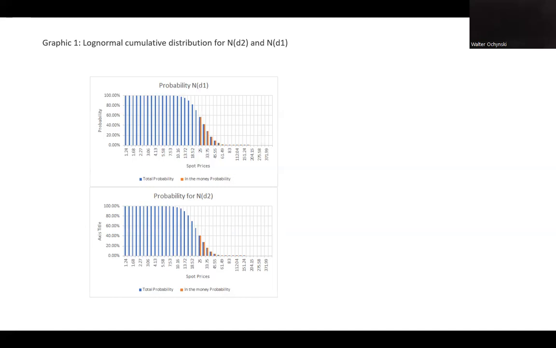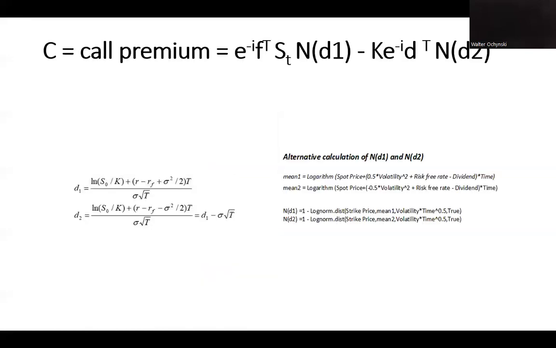So this was the interpretation of the z-score. I tried to show you graphically the difference between Nd1 and Nd2, and now we are coming to the Black Scholes model, and I am showing you the difference between my calculation and the calculation according to the Black Scholes formula. The general formula called premium is